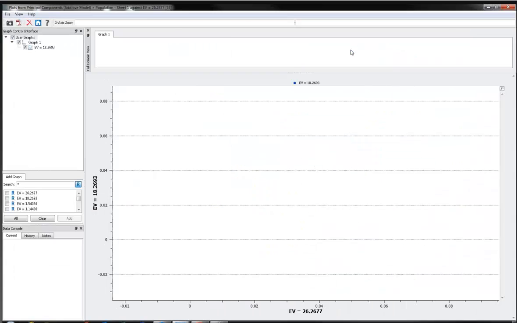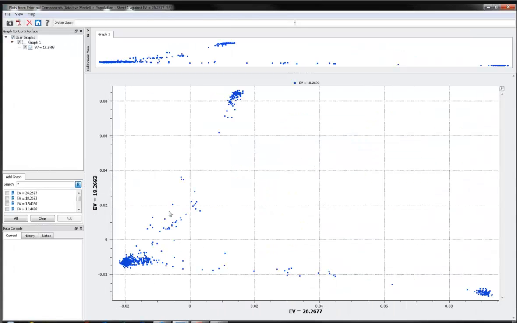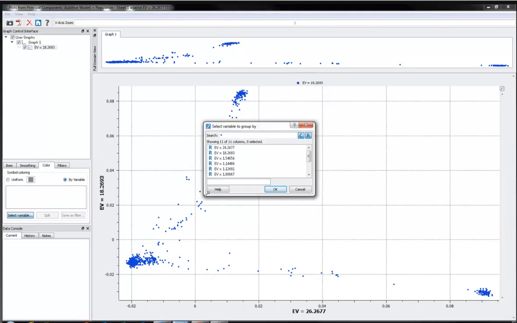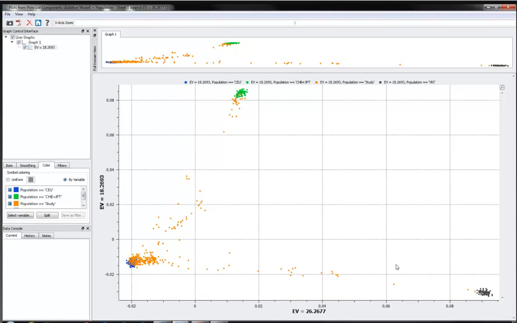And as we look at this, we see this sort of classic triangular pattern that you often see with SNP principal components. And I can recolor it based on the population data from the phenotype table and see here very quickly what we have are the Asian HapMap reference group up here in green, the European HapMap reference group back here in blue, the African samples over here in the gray, and all of my study samples in orange. So clearly we have some pretty significant stratification in this data set,